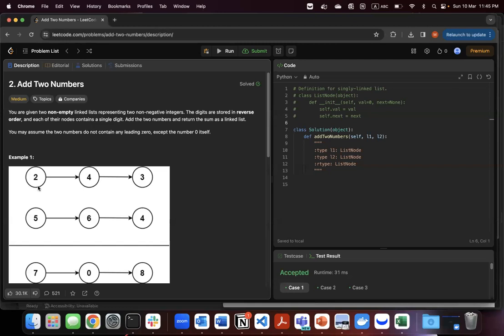So for example, this 2, 4, 3 linked list represents the number 342, so it is the reverse order of the original number. And we are given two linked lists. We just have to add them and return a linked list that will represent the summation of these two numbers,